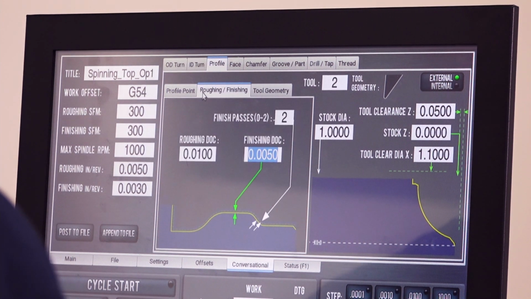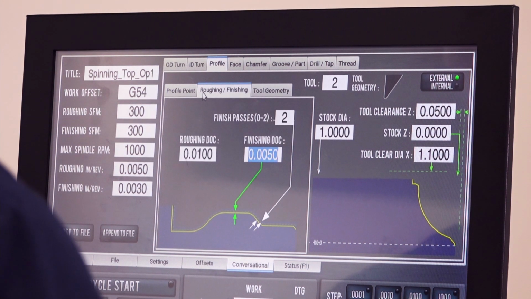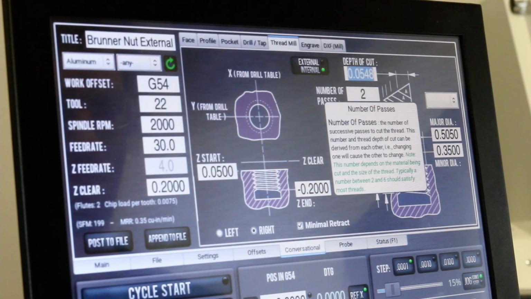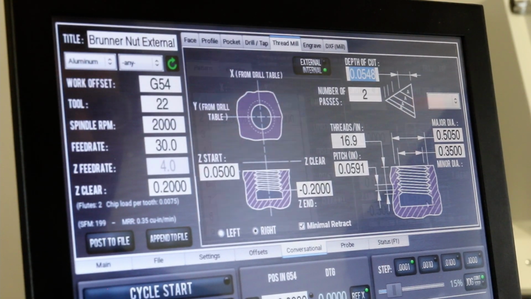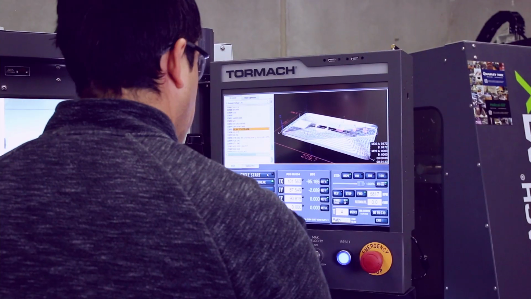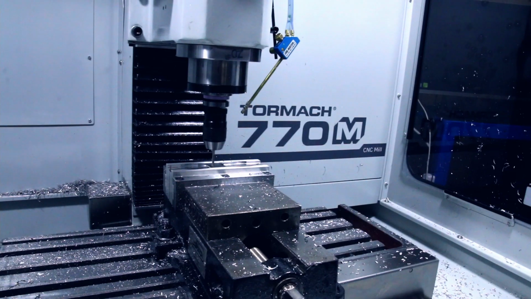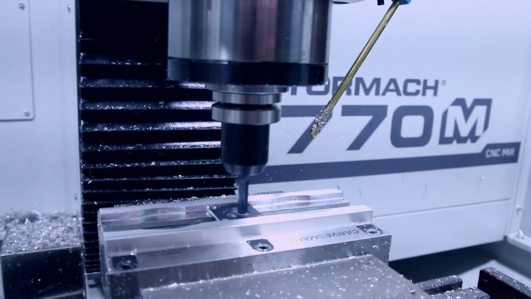But PathPilot also gives you an opportunity to design and create your own parts without the use of CAD or CAM, with what is called conversational programming. Generally, these parts are much simpler than what you can create in CAD and CAM programs, but don't think that these tools aren't powerful. You can do complex threading, facing, pocketing, tapping, and much more. Once all your G-code is complete, then use the PathPilot control software to cut the part.